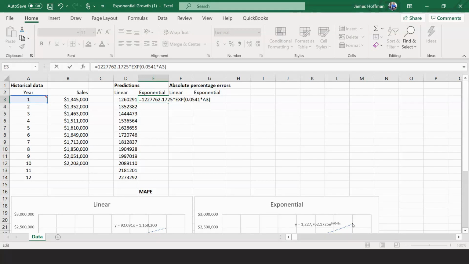Okay, so I'm just typing in that equation. This is in cell E3, equals